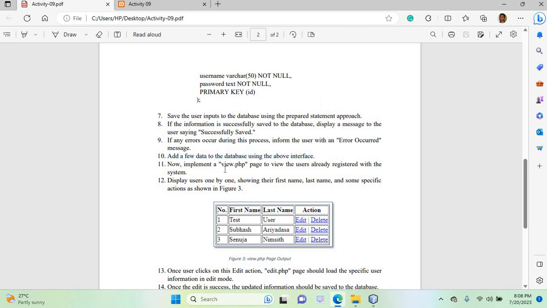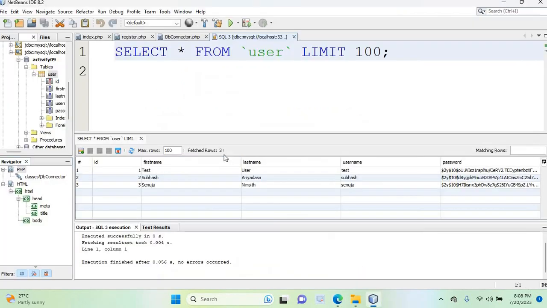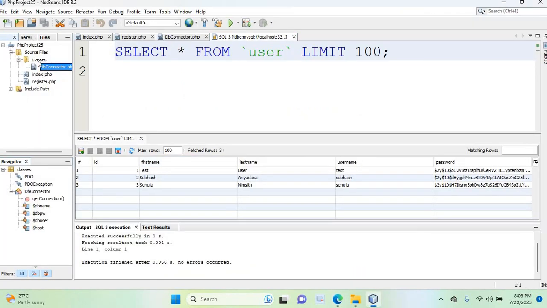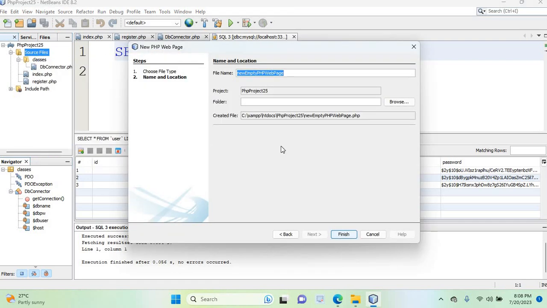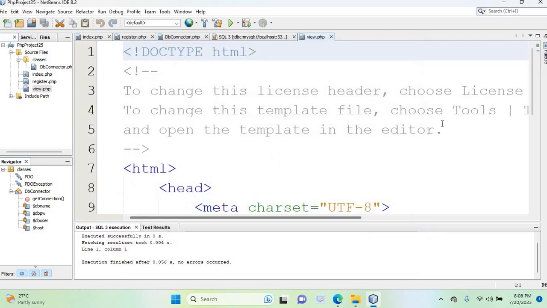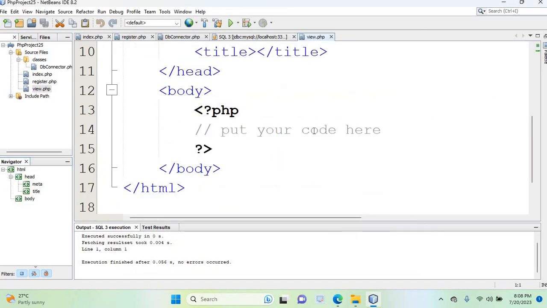Now we need to implement this view.php one. The view.php looks something like that: we have a number, first name, last name, and 2 actions. So now we are going to design that one. We will create a separate PHP web file here, and that will be view.php. In this case we need to have a table, so therefore